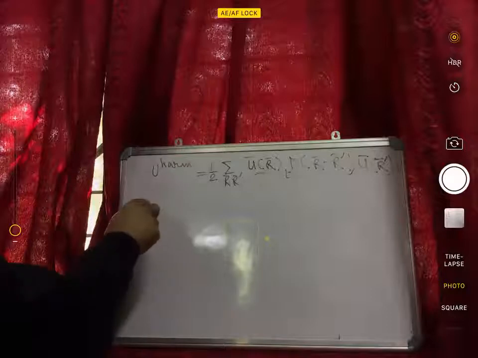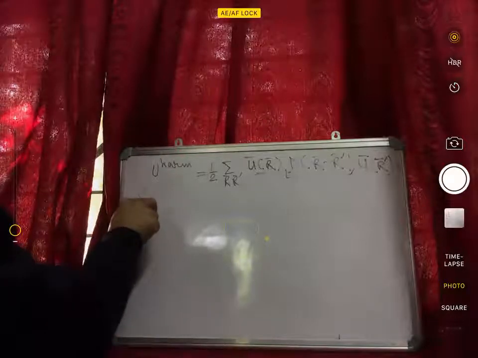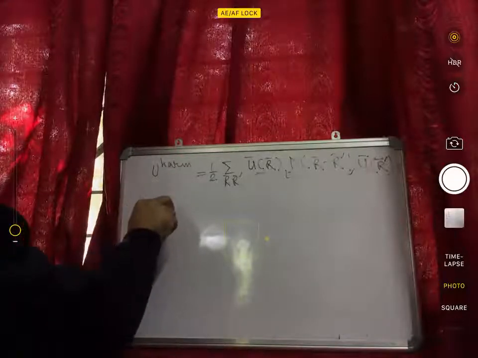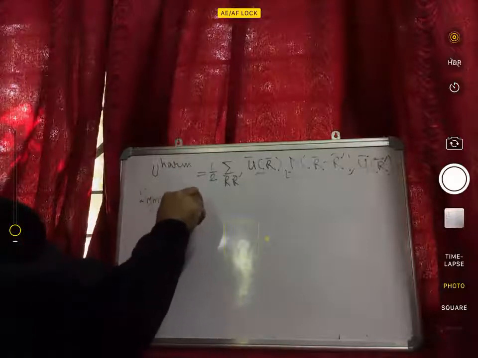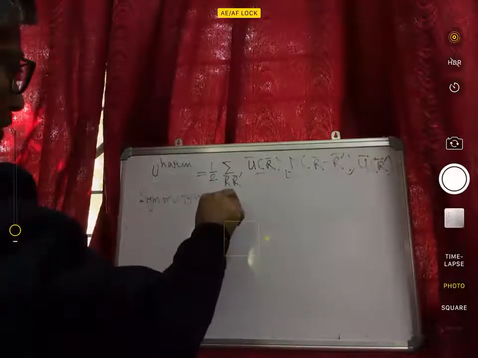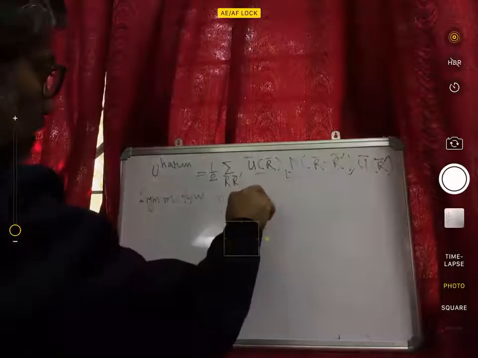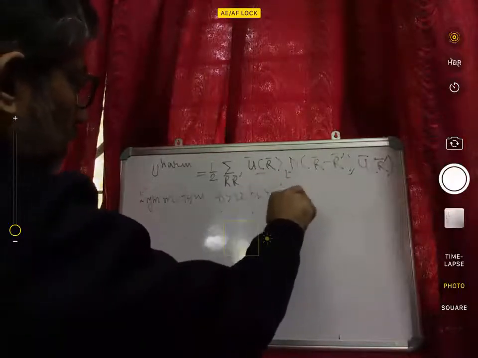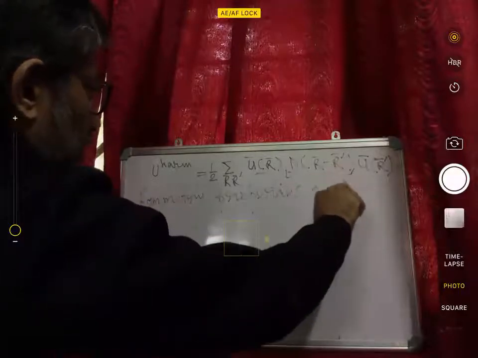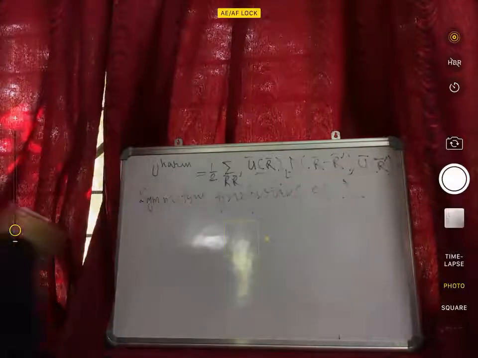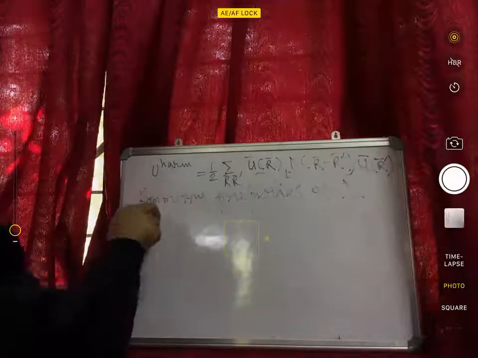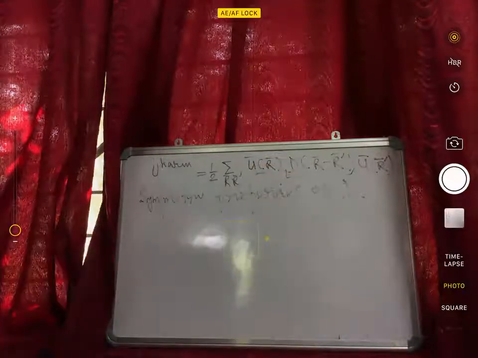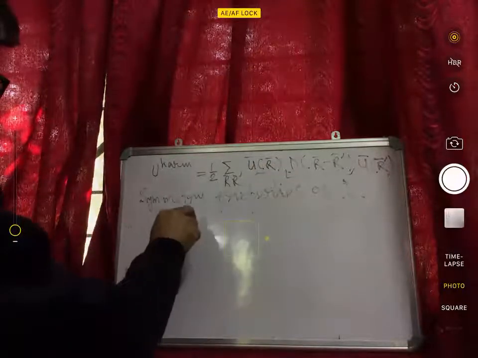So what we are writing now are the symmetry properties of D. This will be used later. So first is